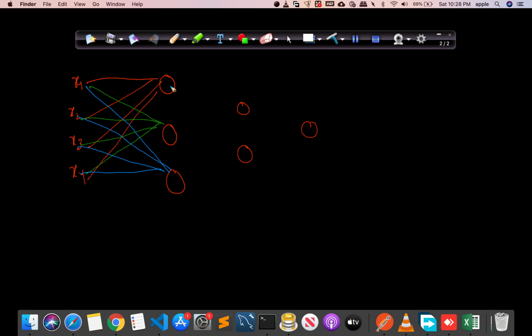Now this particular neuron will be input to this and this. This particular one will be input to this and this, and this particular one will be input to this and this. Finally, these two neurons will be input to this one, and based on the value that this neuron gets, we will have some value here, and that will decide our final output.